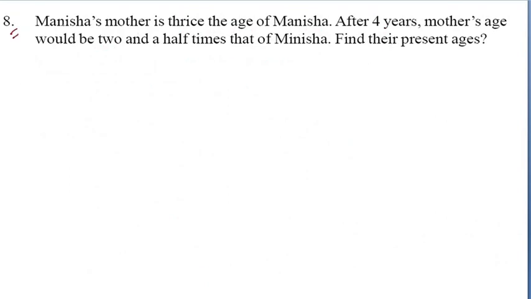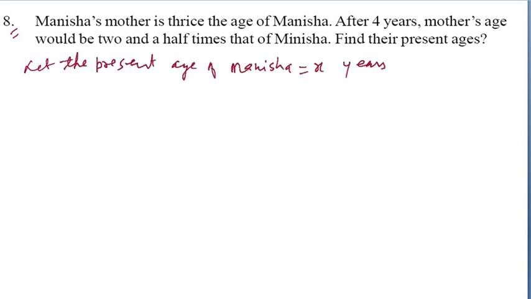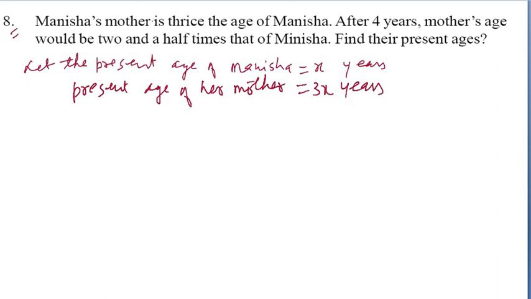Now question number 8. Manisha's mother is thrice the age of Manisha. So let the present age of Manisha be equal to x years. Now the present age of her mother is 3 times, so you can say 3x years. It is the thrice age. Okay. After 4 years,